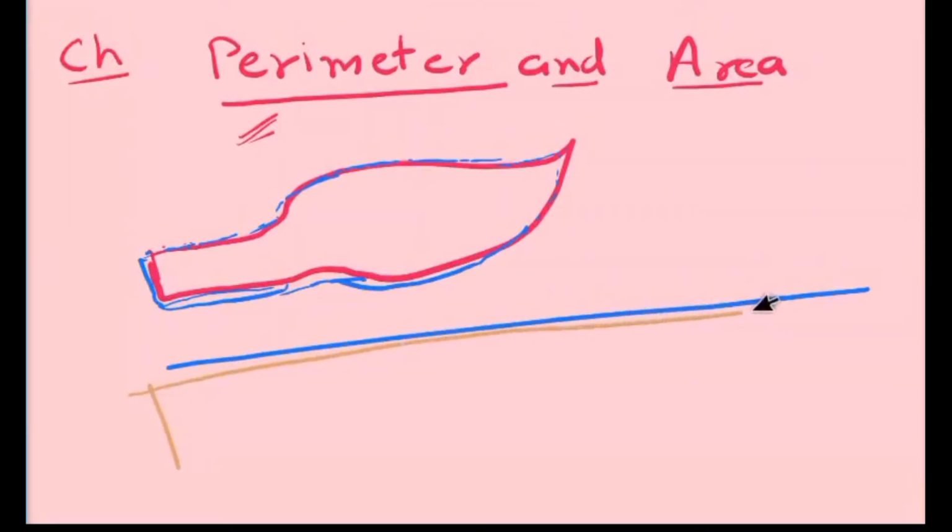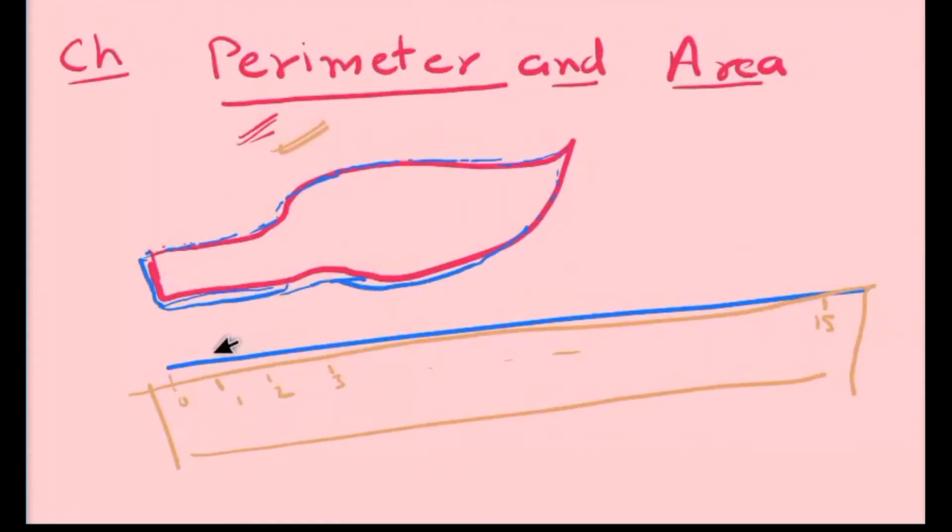Now if you have a scale, beside the scale you can measure the length of the thread. Let the scale be 1 centimeter, 2 centimeter, 3 and so on. Let it be 15 centimeter. So what is the length of this thread? It is 15 centimeter. So the boundary of this leaf is 15 centimeter. It means the perimeter is 15 centimeter. So you have understood the perimeter, is it?